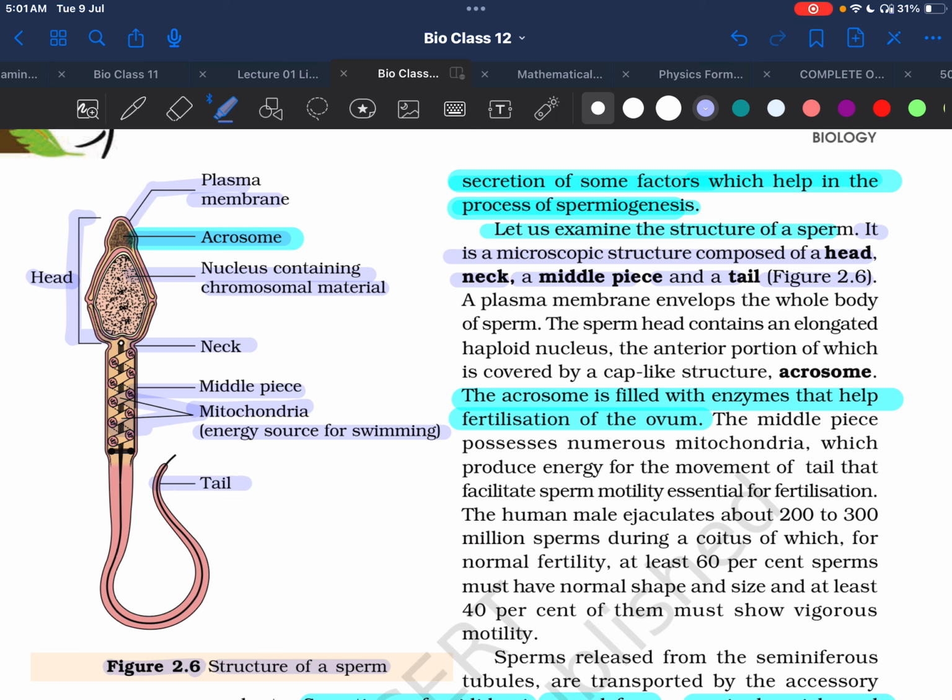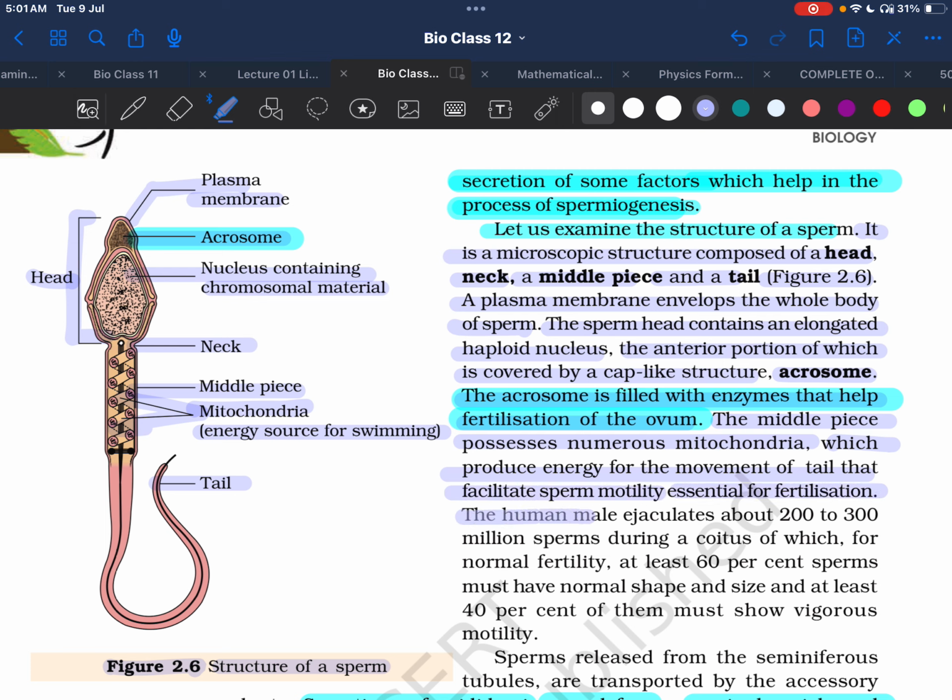A plasma membrane envelops the whole body of a sperm. The sperm head contains an elongated haploid nucleus, the anterior portion of which is covered by a cap-like structure, the acrosome. The acrosome is filled with enzymes that help fertilization of the ovum. The middle piece possesses numerous mitochondria, which produce energy for the movement of the tail that facilitates sperm motility essential for